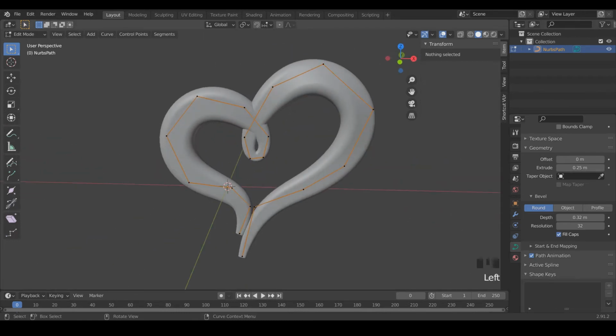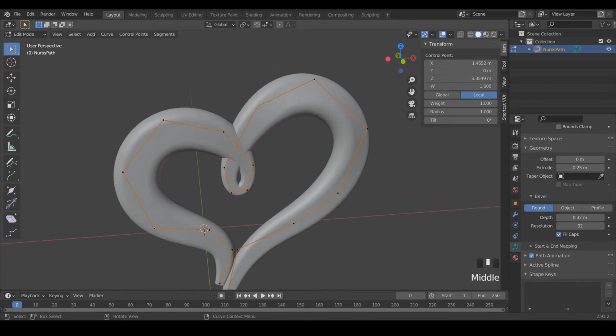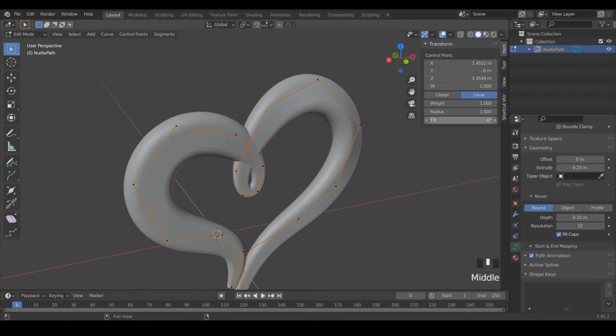And then along the curve, I'm just going to start doing the same thing with some of these connecting vertices, tilting them inward and in different directions to kind of make it feel like a little bit more of a ribbon and just help the flow of the piece in general.